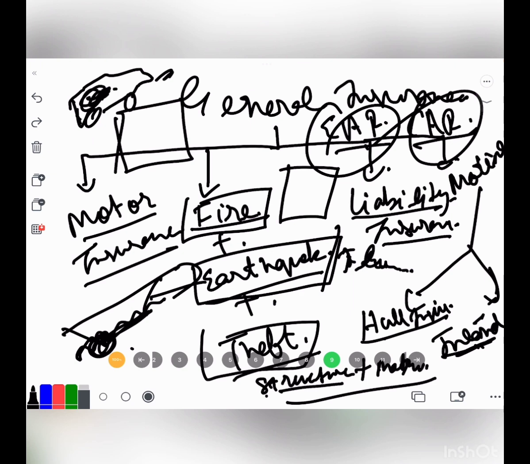So now let us see what is left. Fine. I think most of the things are covered by this. Maybe some things are left. Whatever I can remember, I have told you. If anything I have left, if you want to understand some policy which I have left, you can comment. You can definitely tell me. I can make another video on that. But most of these are major ones. These are the major policies in general insurance.